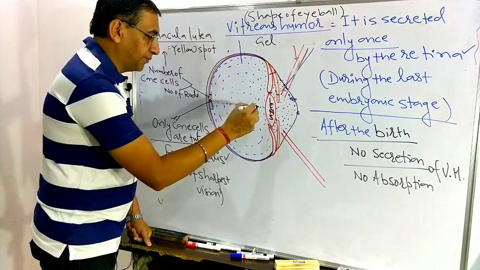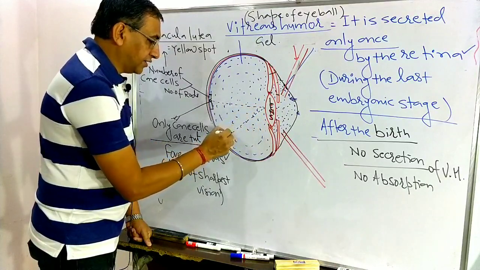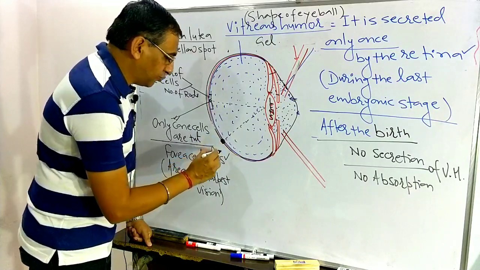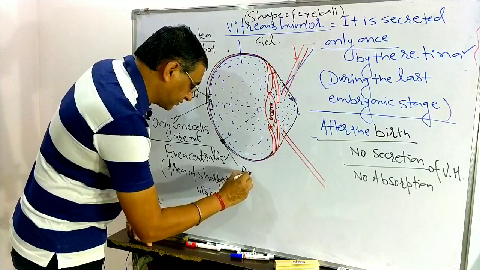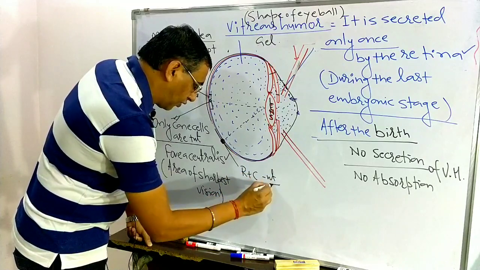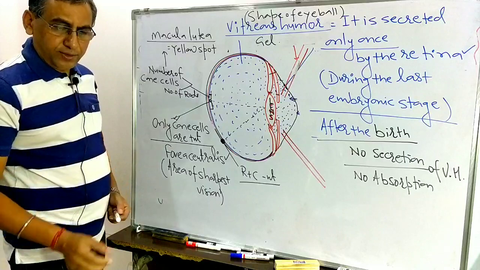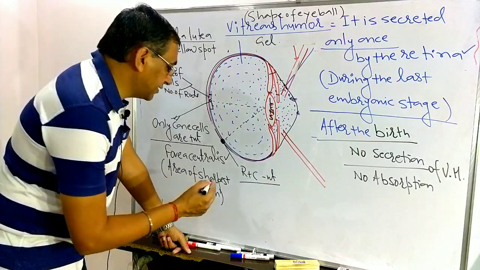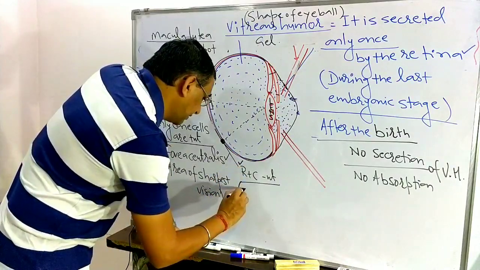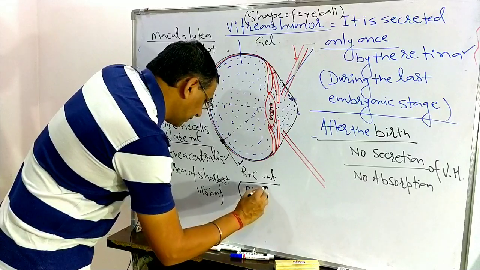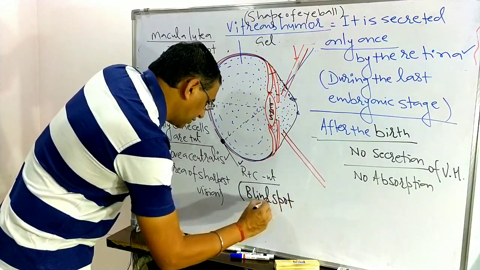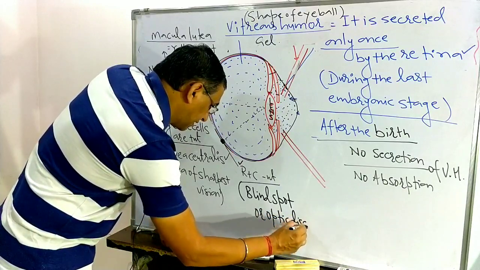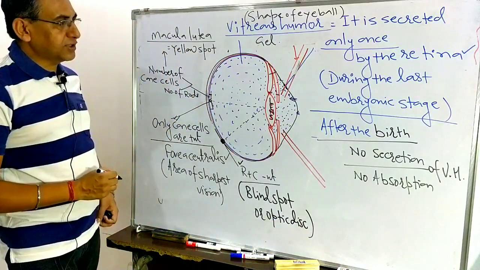This is another point. Obliquely to the fovea centralis on the retina, there is a point where rods and cones are absent. This area is known as the blind spot, or the optic disc.